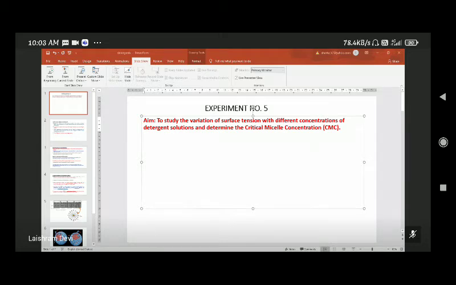You are not audible. No, एक second. Hello? Hello? Yes, ma'am. Is it okay now? Yes, ma'am. जो next line में लिखा है ना, these are some typical examples of surfactants, and these surfactants are used